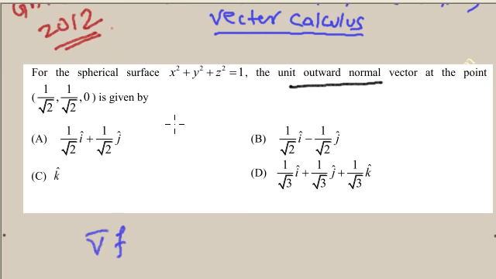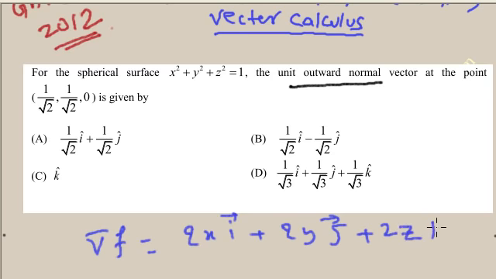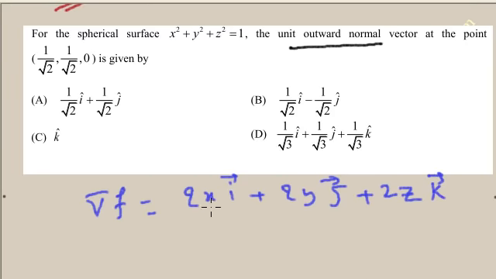So this is a function, and del f is equal to twice x i plus twice y j plus twice z k. So for the unit vector along this, if you put x, y and z here, it means 2 by root 2, so root 2